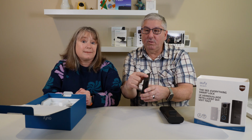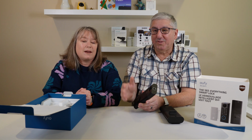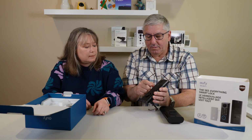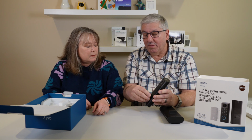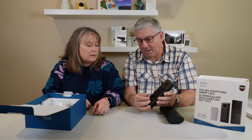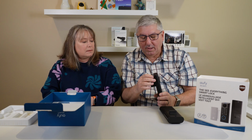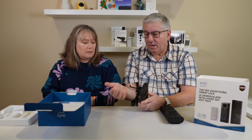Now, I can use the fingerprint reader, but as it turns out, it doesn't work for Valerie on all the other things. We've yet to use a fingerprint door lock that really works for me effectively. So you have a keypad you can punch in. You have the fingerprint reader, and hidden behind the doorbell button is, ta-da! Oh, a key. So you can also use a key. How quaint. There's a button here for something, who knows what, and there's a USB-C connection in the bottom for powering